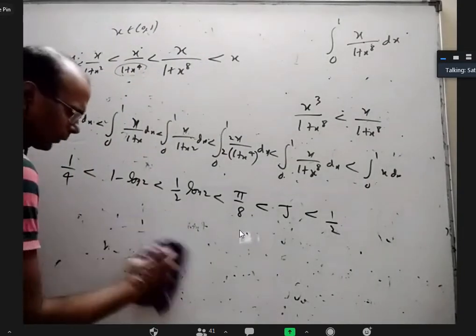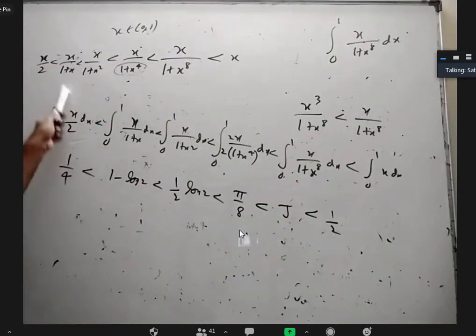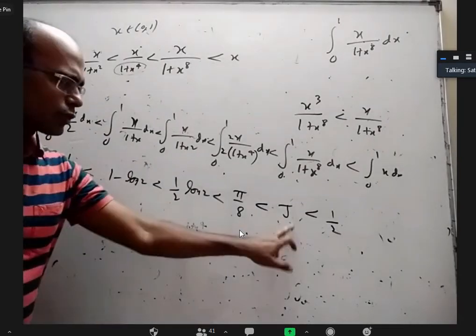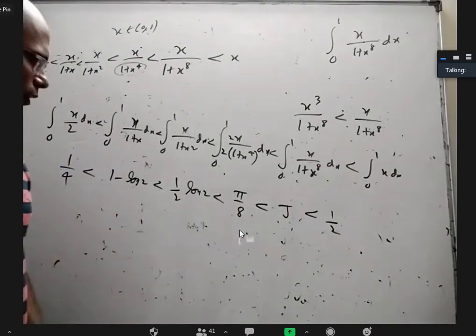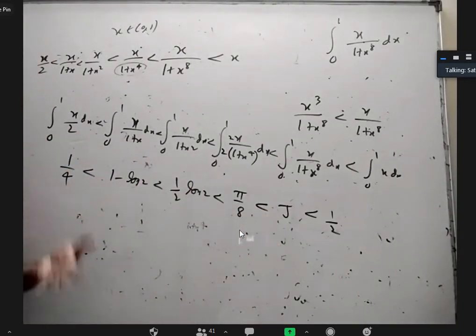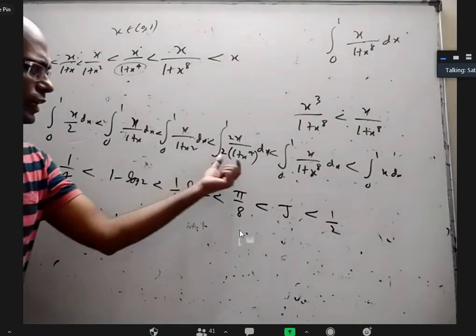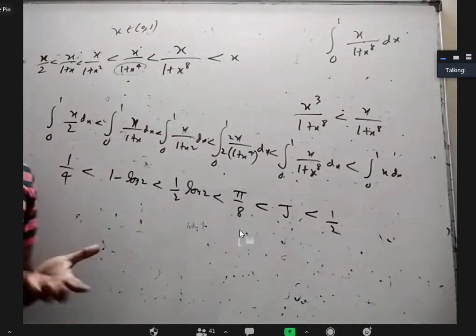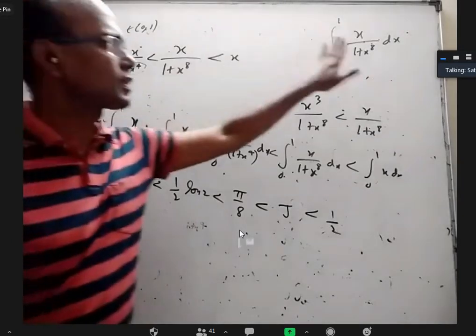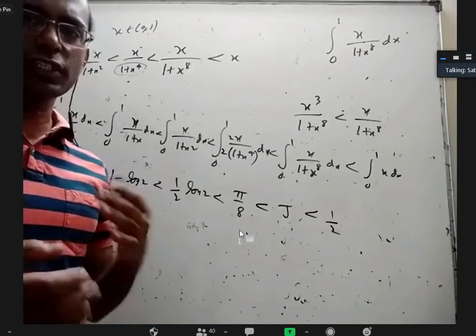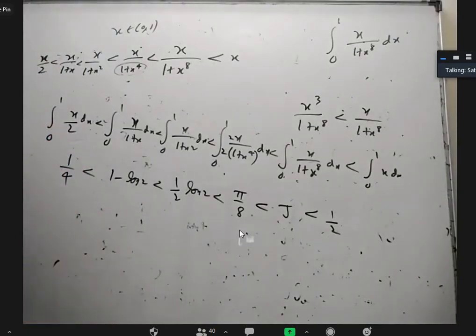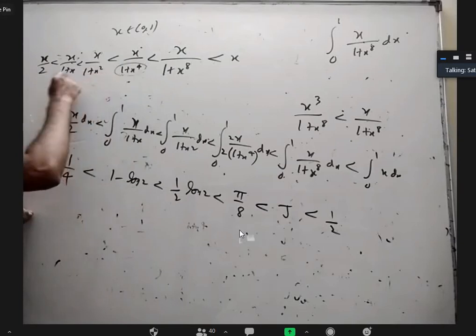Okay, so the reason I wrote all these things, even though I don't need all of them, is that in this question they asked about J greater than 5 by 8. In some other question they can ask J greater than half log 2. How will you compare? So the point is how to get the idea that I have to take it like this only. That I cannot tell. But this integral is not possible. Less than that or more than that, there are many functions which can be integrated. Some examples I gave where I tried to increase the denominators in different ways.